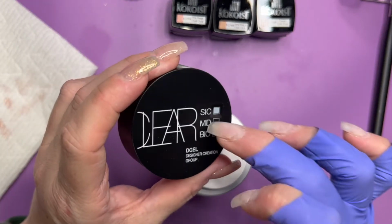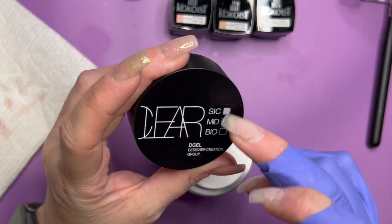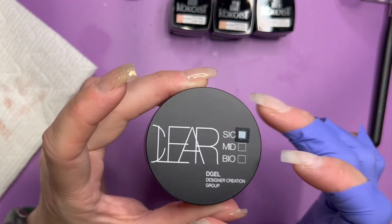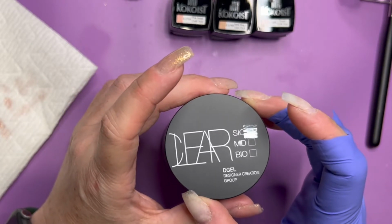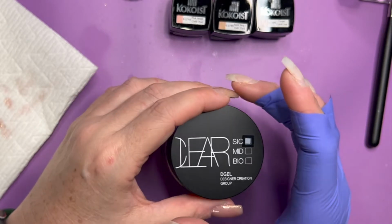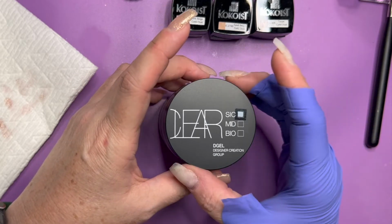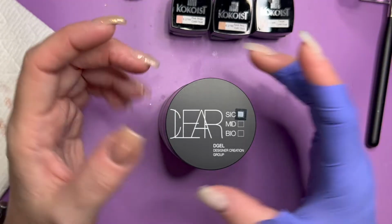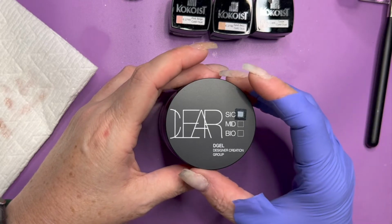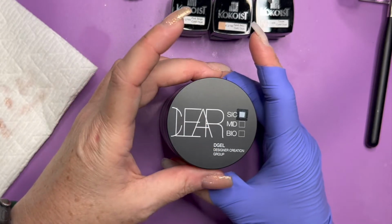On the cover it shows, I don't know what the abbreviations stand for, SIC, mid, and bio. I thought that SIC was indicative of it being the loosest form of their base gel, but it's actually their thickest. It can be used as a base gel, a Build-A-Gel, and to form extensions. Mid is their mid-range, and bio is their loosest formula, which is basically for filling in between thick glitters,